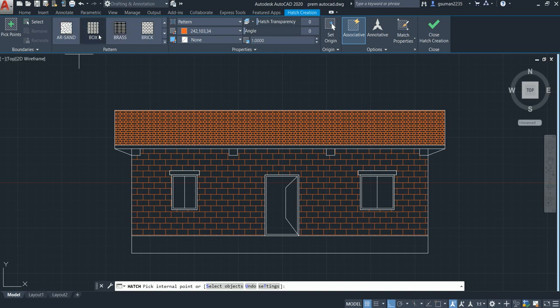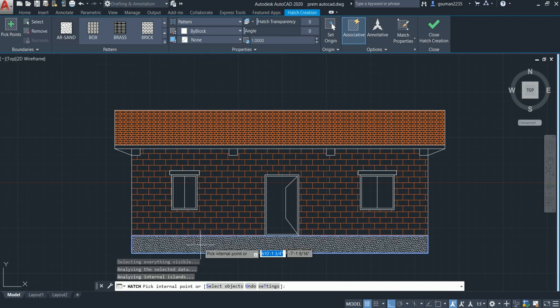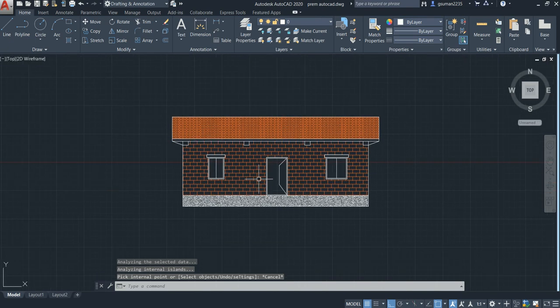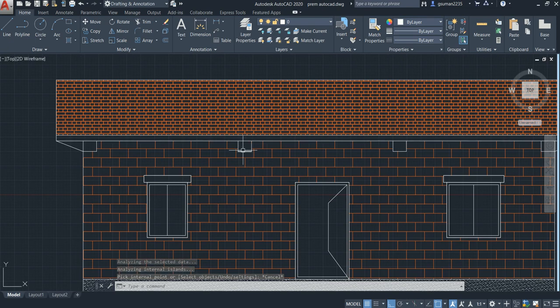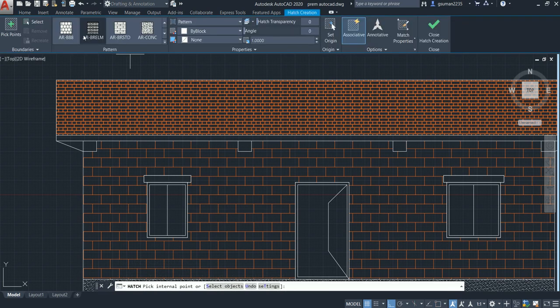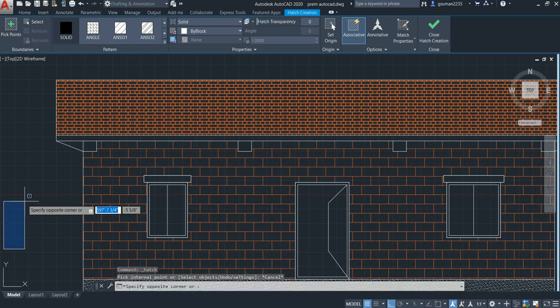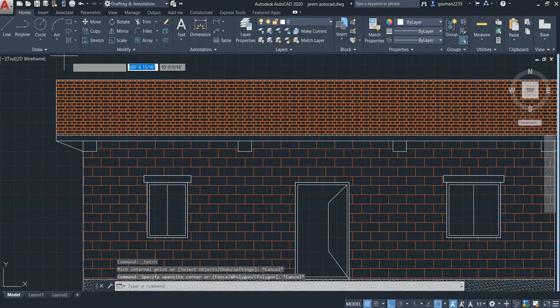AR sand. Select this. But I need to do a bilayer with white, so escape it. Make this beam a bilayer of solid with this.